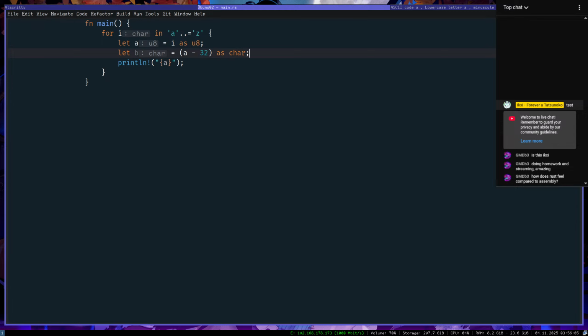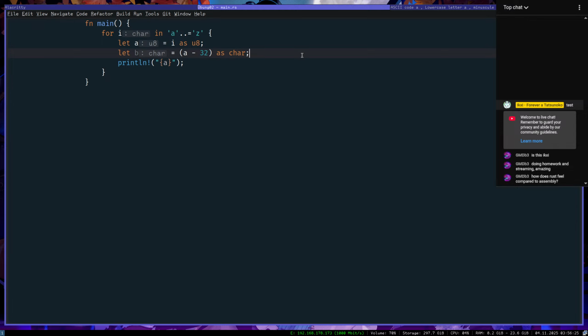How does Rust feel compared to assembly? I know compared to assembly, it's definitely way less abstracted. There's much more abstraction going on. I prefer doing C style.